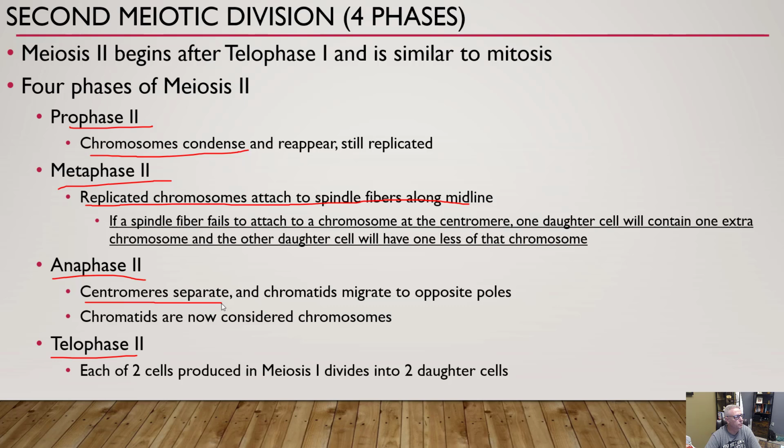In anaphase, the centromeres separate, and because the chromosomes are separated, they are no longer called chromosomes. We call them chromatids. The chromatids move to opposite sides of the cell. In telophase we have cell division, which splits off that cell. And like I said, we now have 23 chromosomes and 23